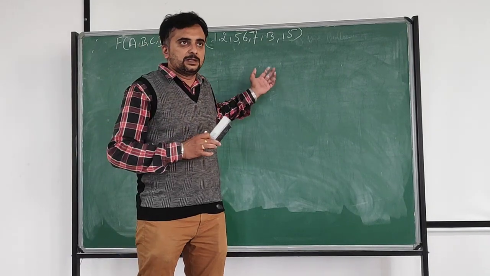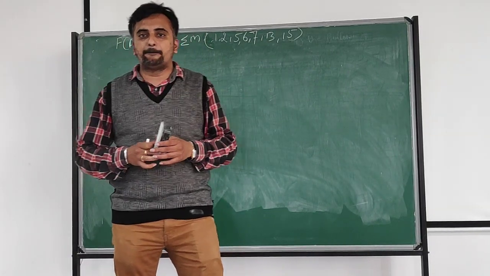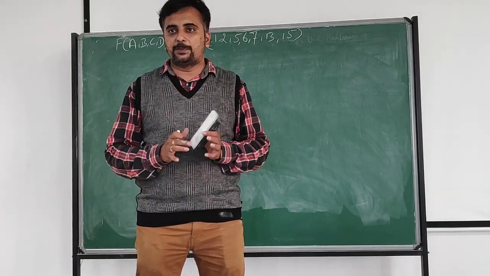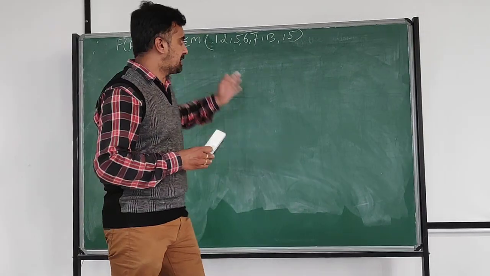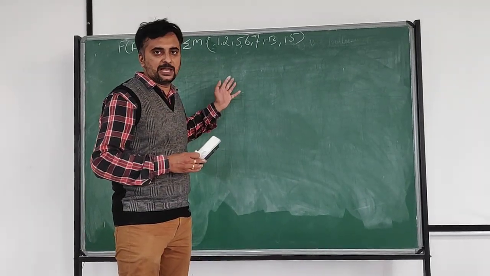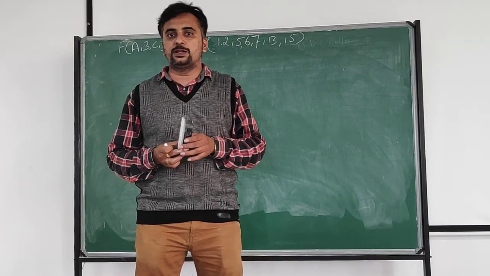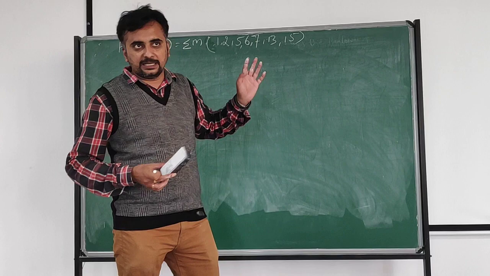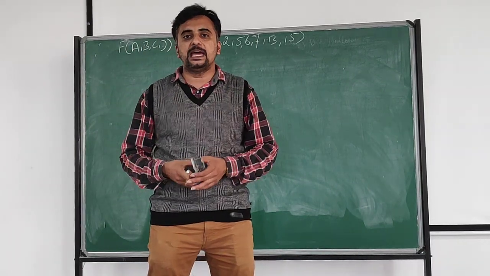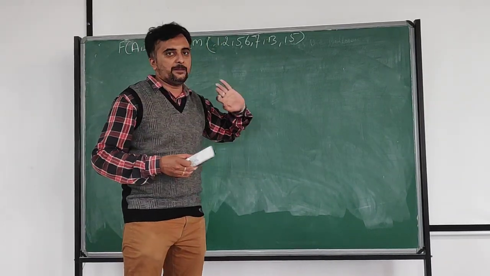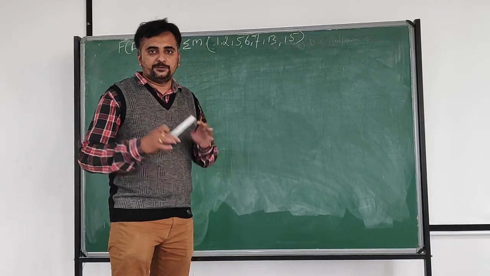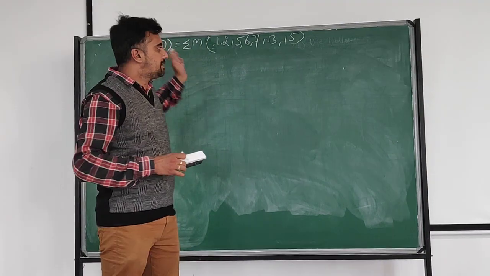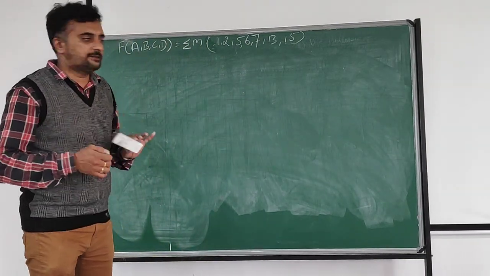After getting the tabular method, move on to the prime implicant method. This is a very important method, called the cutting method. In the prime implicant method you do bit comparison. After completing the bit comparison, we go for the prime implicant method using the cutting method, and finally we write the expression. After getting that expression, we verify it using a K-map. We write the expression in the K-map and we should get the same answer. If the answer is wrong, we have to check the tabular method again. Clear? We'll start the first problem.